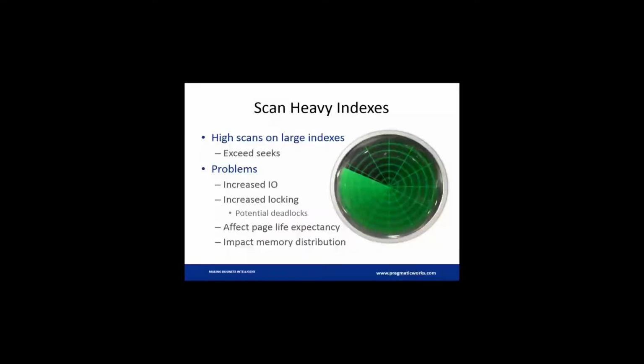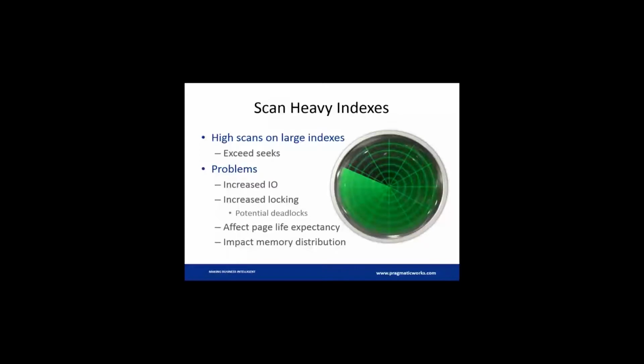Now, the second thing that you're going to want to look at with indexing, and a way to improve it, is to look at your scan-heavy indexes. I see this a lot when people are looking at perf stats and they see the read scans going really high. You want to take a look at indexes where the seeks are exceeding the scans, especially in the larger indexes. On the really small indexes where there's maybe 20 or 30 rows, it's not the biggest deal, but you get a table that's got a few million records in it,